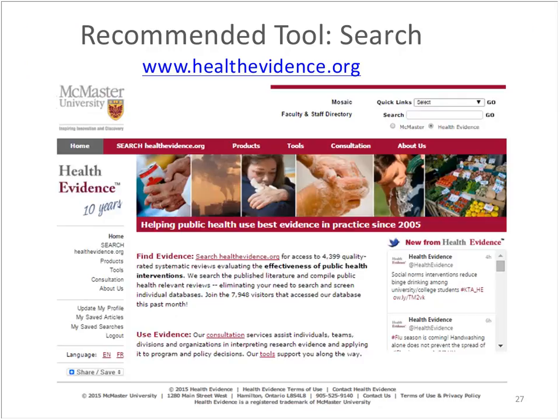Now, a couple of slides back on the pyramid, one of the sources for summaries was healthevidence.org, and I want to draw your attention to that tool. This is a tool that will help you with searching, and I'm going to show you a little bit about how it works with some particular features that are relevant for mental health topics. So when you log on to healthevidence.org, this is the front page. Most often what people want to do is to search healthevidence.org, which is one of the tabs on the top. So if we go to search,